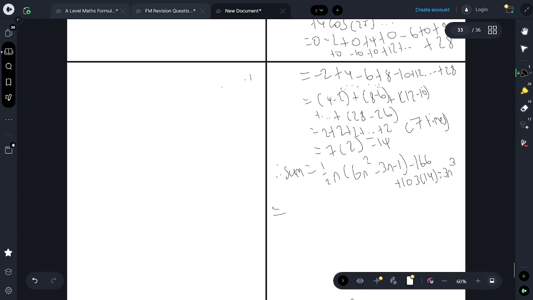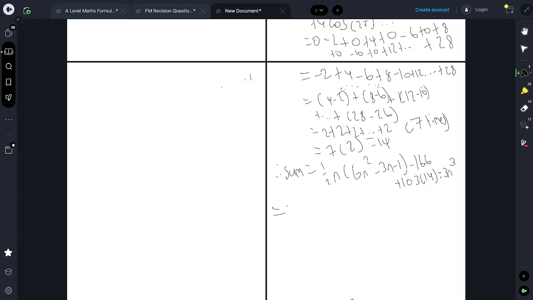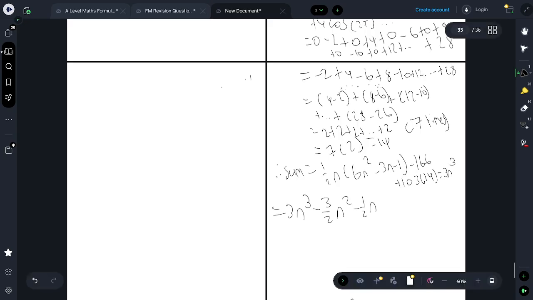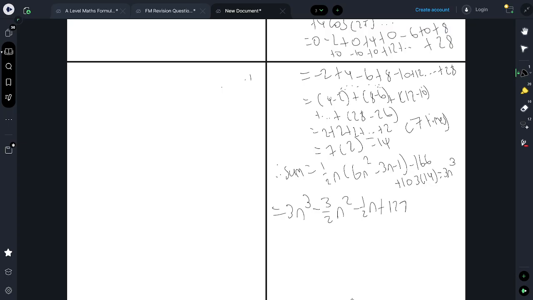We're going to expand this, so it's going to be 3n cubed, which is great because that will cancel. Minus 3 over 2 n squared minus a half n. Now we can deal with this constant here. Minus 166, add 103 lots of 14. That gives us 1276. Minus 3n cubed is 0. But the n cubed cancels, so you're left with minus 3 over 2 n squared minus half n plus 1276